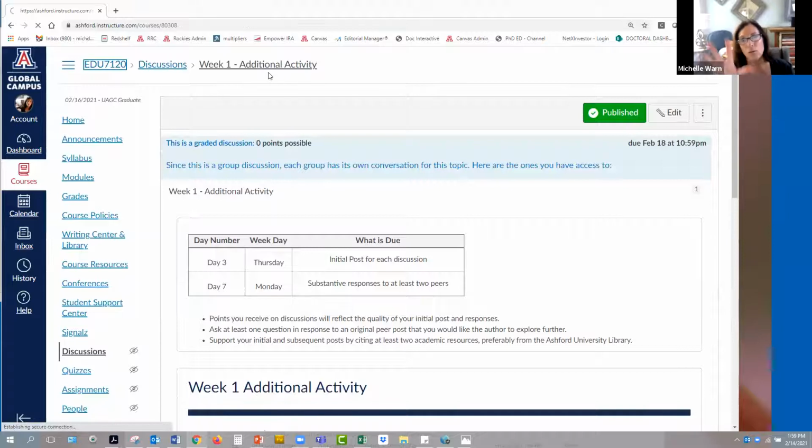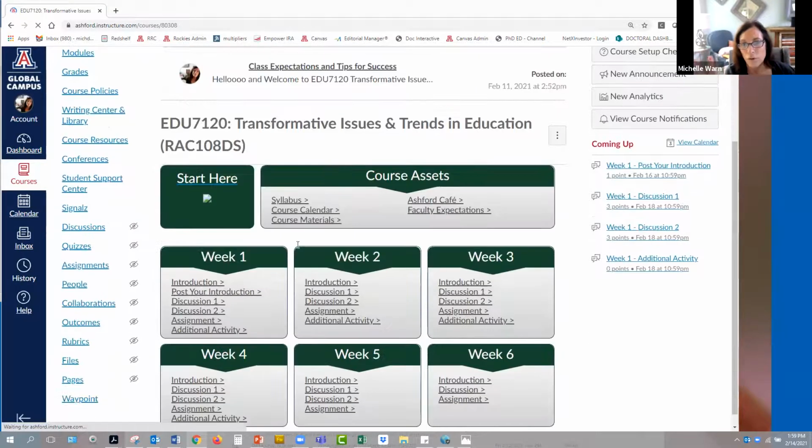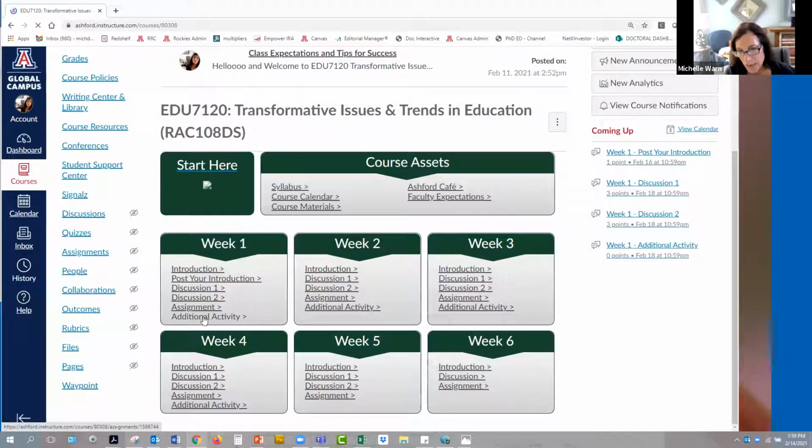I'm going to go back to look at the whole overview of the course. Notice again, you've got this additional activity. It's very simple. It's not a lot of work. You're just going to talk about your dissertation topic here. And then you're going to start working on that presentation in week 2, week 3. And remember, you're going to present that multimedia presentation in week 4. It's not a huge thing. It's like 8 to 10 slides maybe, and 5 to 6 minutes, not a lot of work, okay? But giving you a chance to really start to immerse yourself in your dissertation ideas and your dissertation topic, okay?